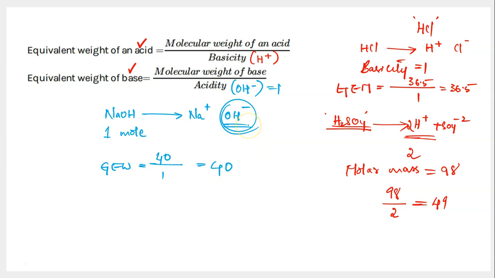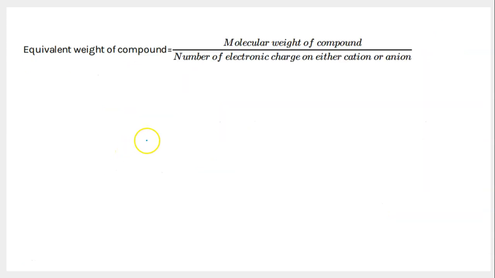We have learnt it for an element. Here is the formula. We have learnt it for acid and base. Now let's move on and learn how to calculate gram equivalent mass of a compound. Say the compound you're talking about is an ionic compound. Ionic compounds can also be called salts. So you're talking about the gram equivalent mass of a salt. Salts on dissociation lead to the formation of cations and anions.